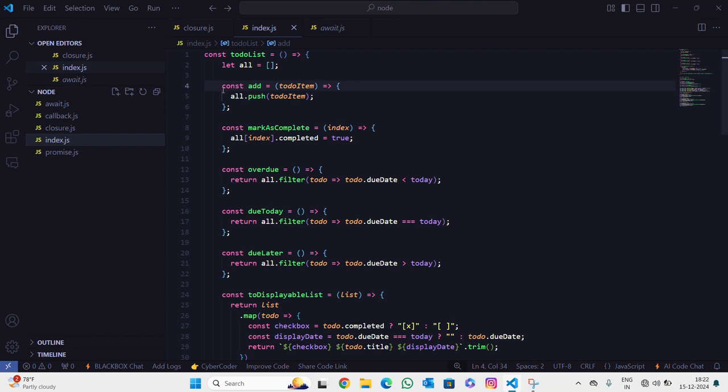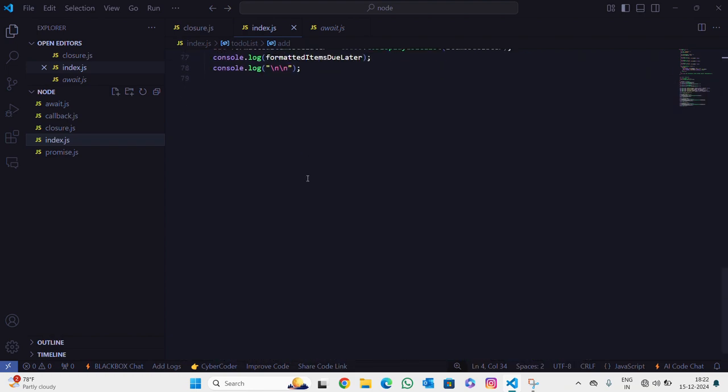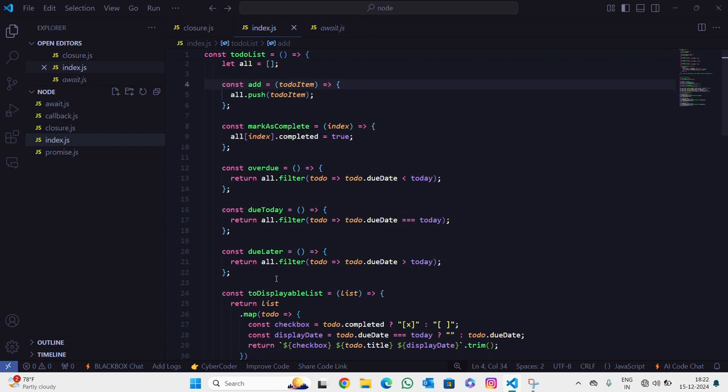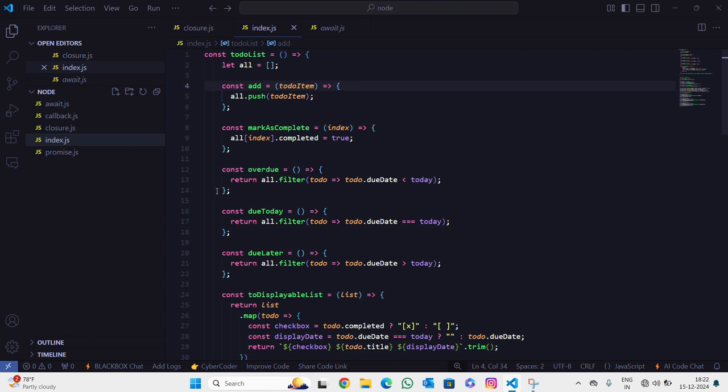So firstly, here is the overall code which is used to implement a perfect to-do list. First, I create the to-do list function with the const variable. This is like a container for all the to-do list tasks. It keeps a list of tasks. Here under this to-do list,